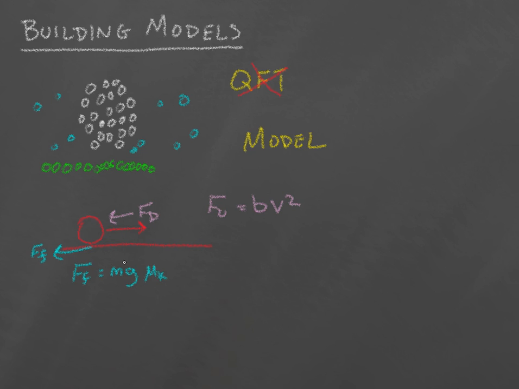So again, we've gone from this picture where you actually have a ball made up of all these little tiny molecules bumping up against the ground, to a couple of very simple equations that to a very good approximation will tell us exactly or approximately how the particle is actually moving and interacting. And I think one of the most difficult things to realize when you're learning physics is that this is the way the world really works. There's really next to nothing that we know exactly. Every experiment that we make is always an approximation.